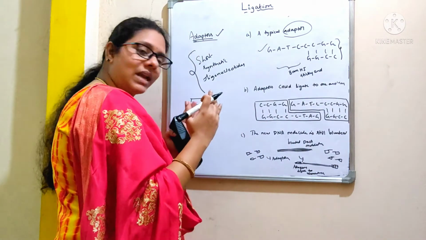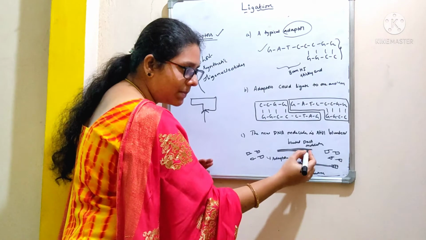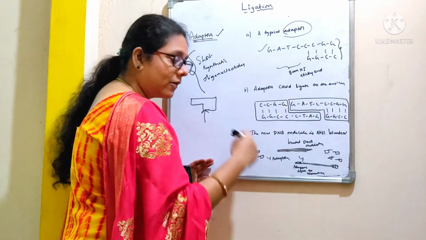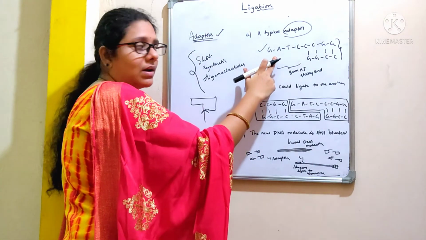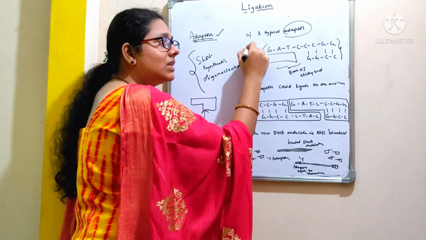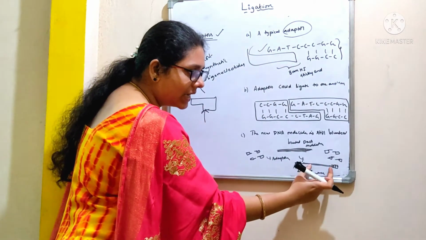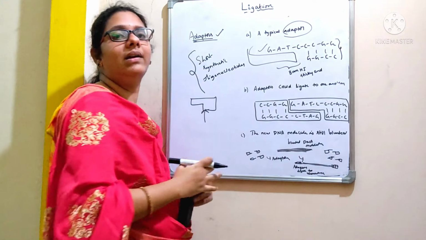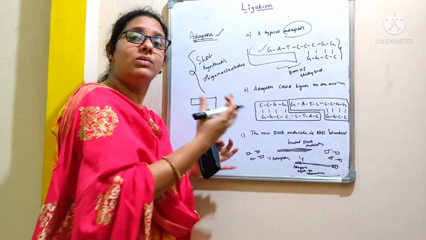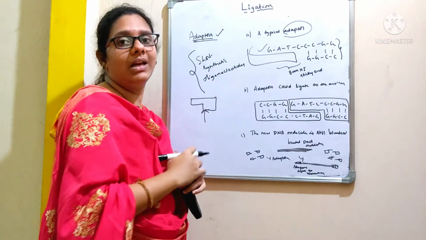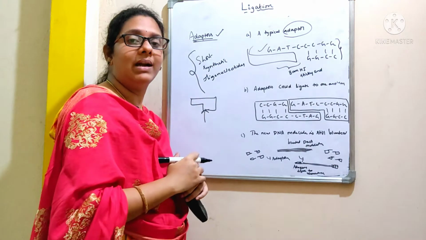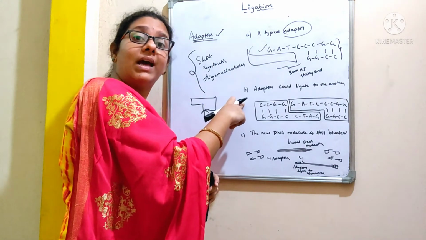When they both ligate with each other, see here, this is the blunt ended DNA molecule which is added with the adapters. When two adapters join with each other forming a dimer, again they will give rise to a blunt ended DNA molecule. So there will be no sticky end at the end of the DNA molecule. Again this seems to be blunt ended because of the formation of adapter dimers.